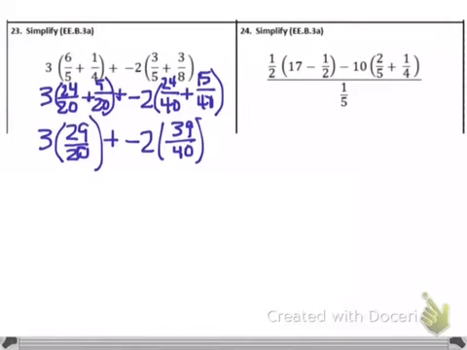Before we can add them up, we have to multiply because of the order of operations. And so on the first one here, you're going to end up with 87/20ths. And then on the other side of that one, you are going to end up